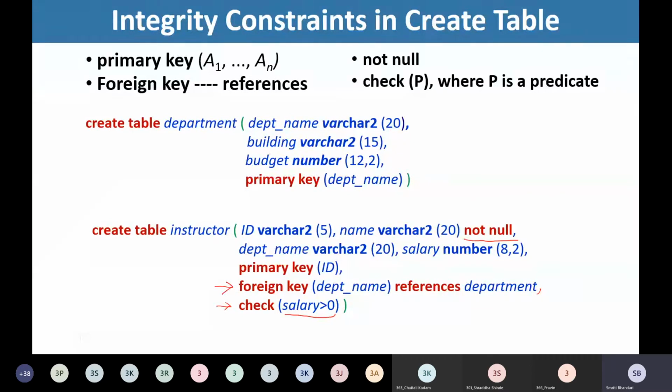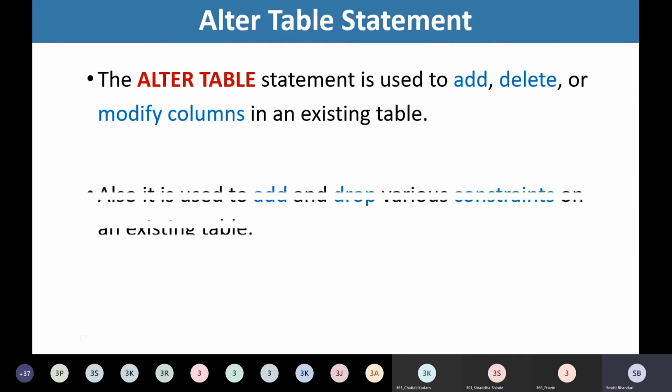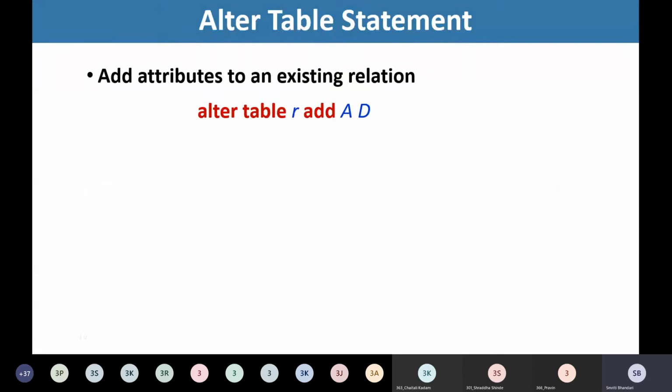let us proceed with alter table statement. So as I stated, alter table statement is used to add, delete or modify the columns in an existing table. So let us quickly go through this alter table statement. I have explained all those statements in detail in the earlier video. Once again, I am telling you to refer to that video, right? So alter table is also being used to add or drop the constraints on the existing table. So let us go through few of the constructs of alter table.